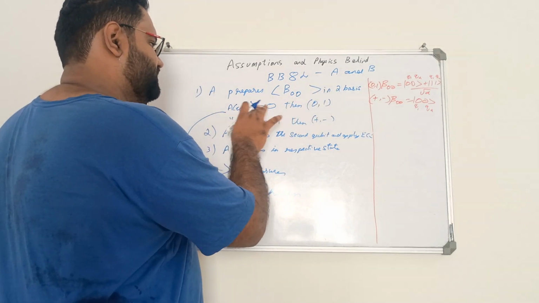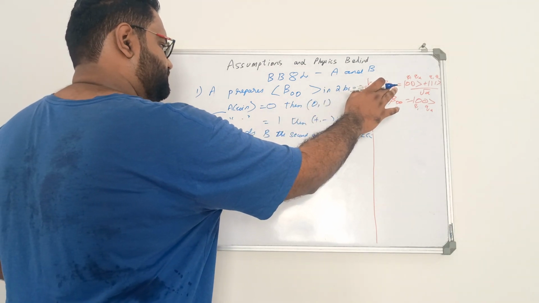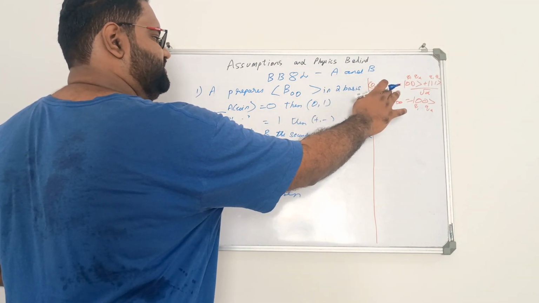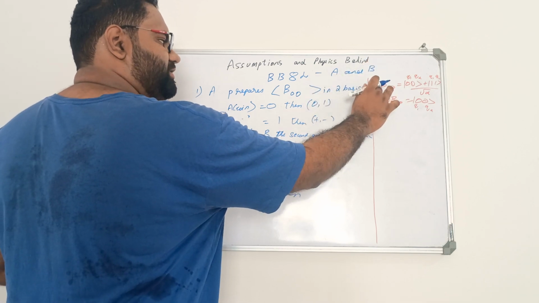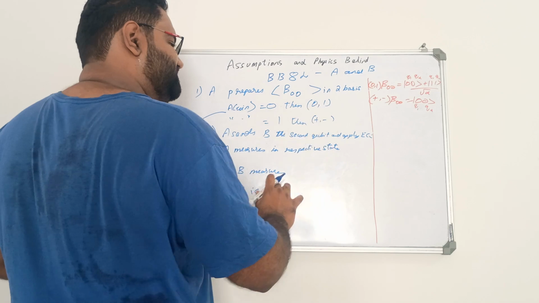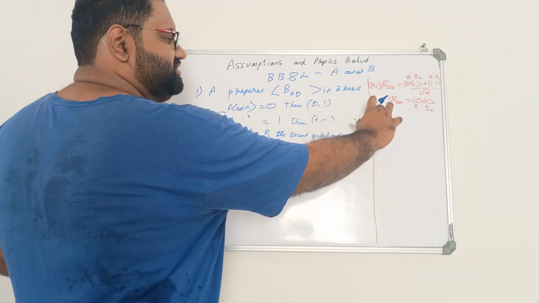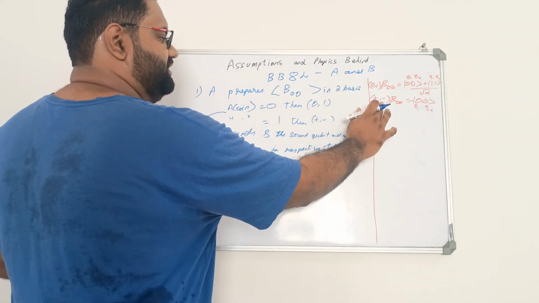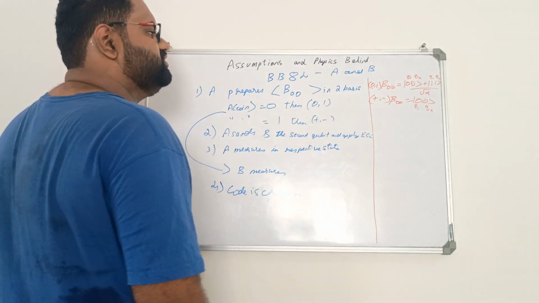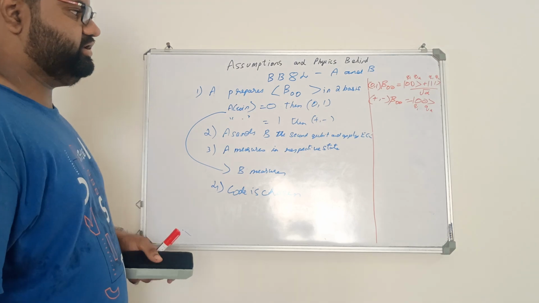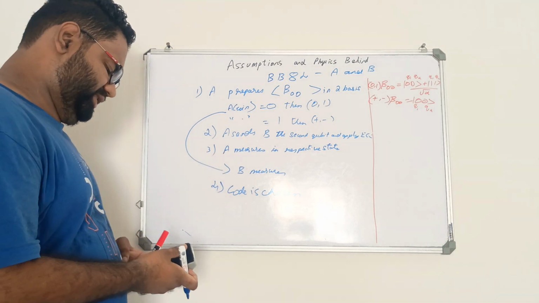So if the qubit beta 00 is measured in the 01 basis by A, and B also measures it in the 01 basis, then we say that it's a part of the code. Otherwise, it is not. So let's say B measures it in the plus or minus basis, whereas A measures it in the 01 basis. Then we say that it is not the actual